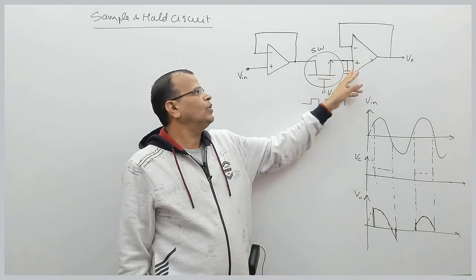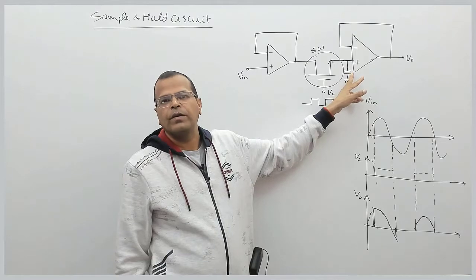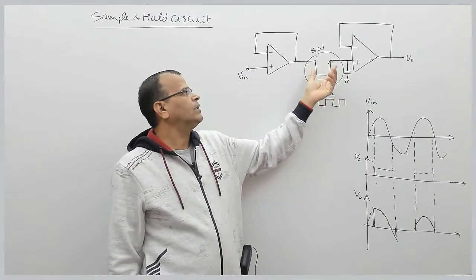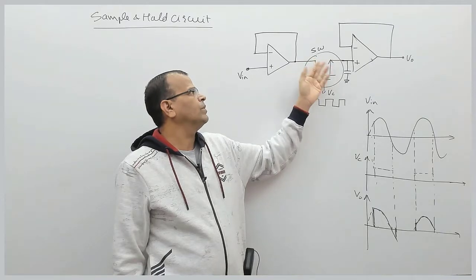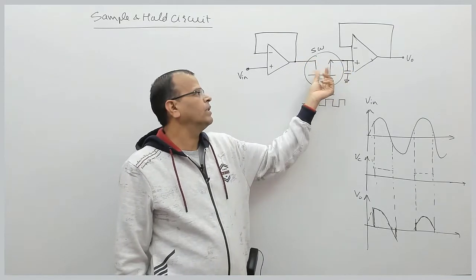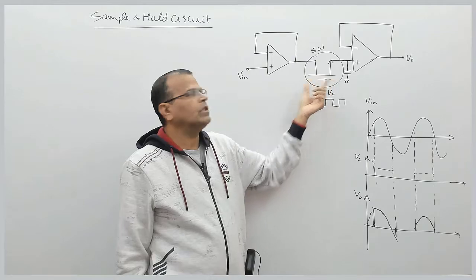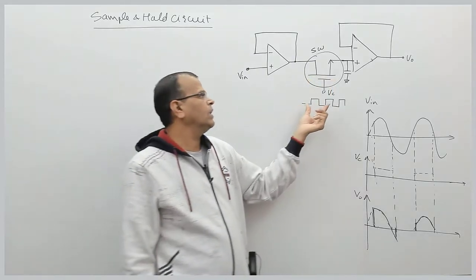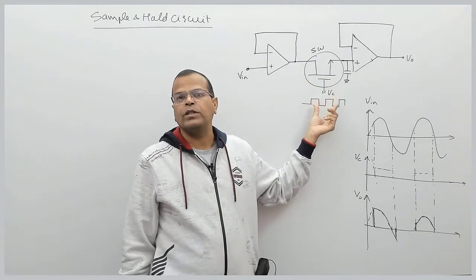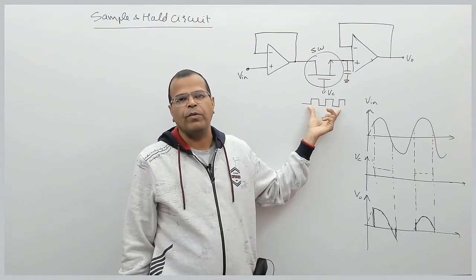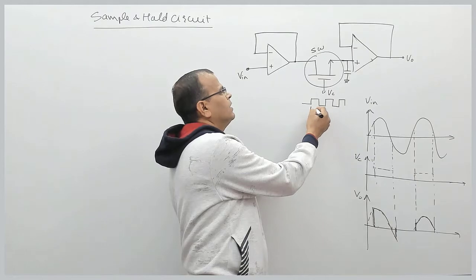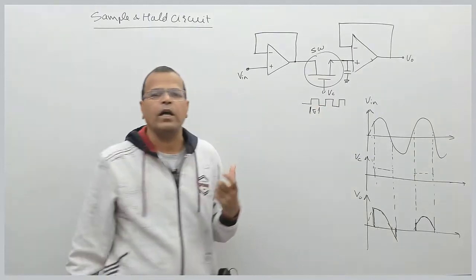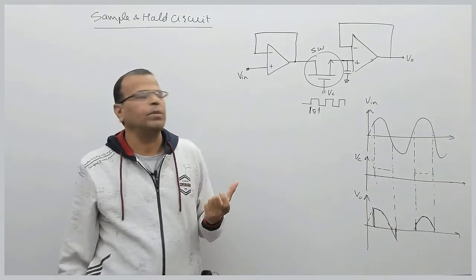So this is basically to hold the last value of the signal, right? Again, when it is turned off, it holds the value, and of course this is isolated from this side when this is off. This switch is turned on and off by using a signal called the control signal, which is a pulse waveform, and that decides the sampling period of this signal. So this is the sampling period. When the pulse is high, that period is the sampling period, right?